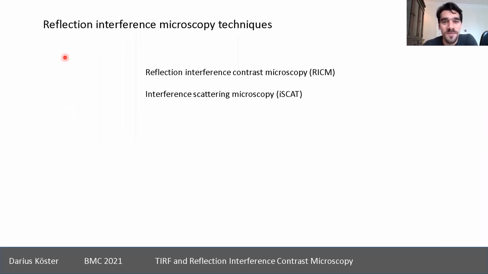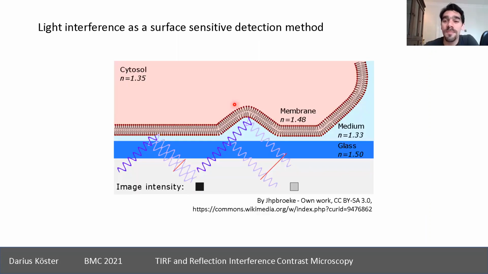So, reflection interference microscopy techniques. We'll talk about 2 major techniques, and I will really just briefly mention the RICM and then a few slides about interferometric scattering microscopy. So RICM is the more classic way. They both rely on the same kind of principle, which is if we have now, again, a surface, a structure that's close to the surface,